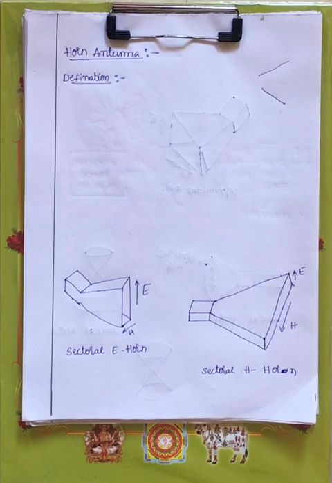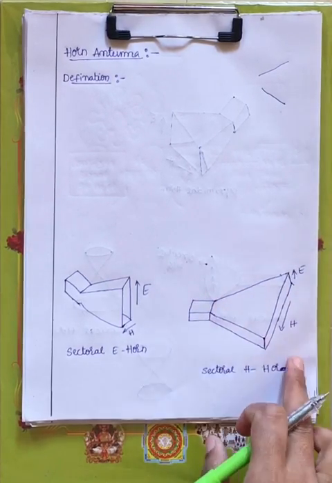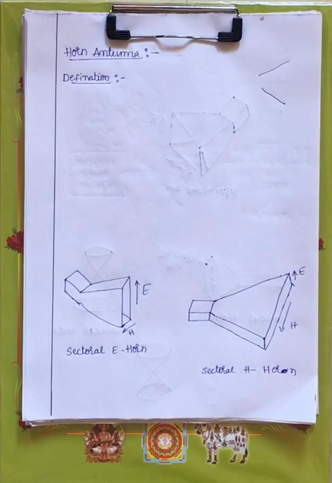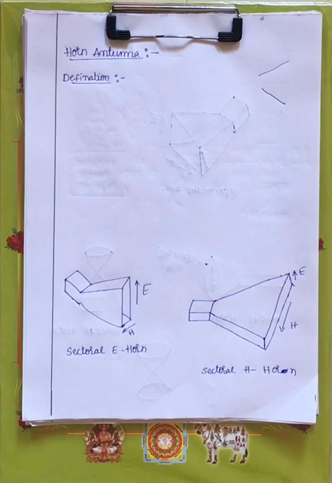What it means is that the horn antenna contains a wide mouth. Because of that it can radiate radio waves in one particular direction. That is the definition of a horn antenna. Flaring is nothing but wide opening. A horn antenna consists of a flaring metal waveguide shaped like a horn, and this is used to direct radio waves in one particular direction. Now that is about the definition.